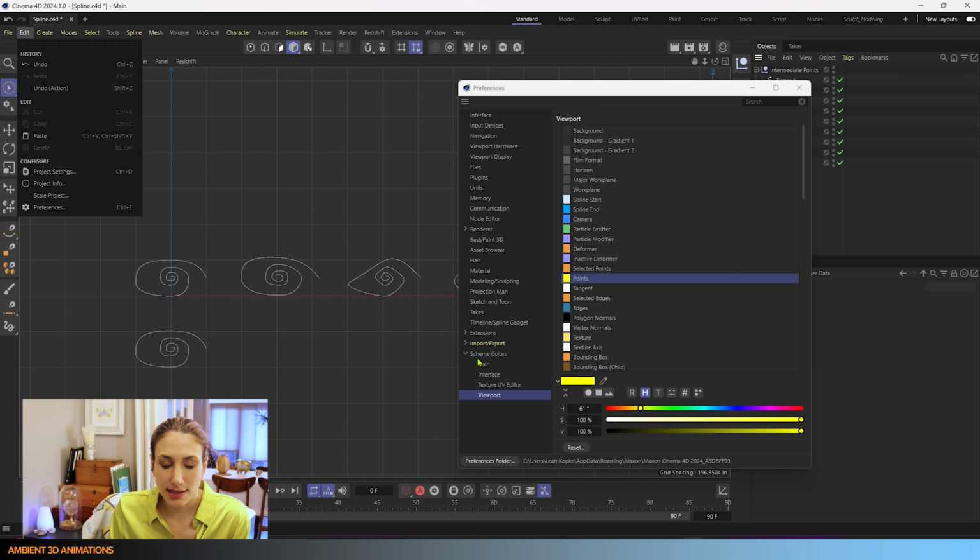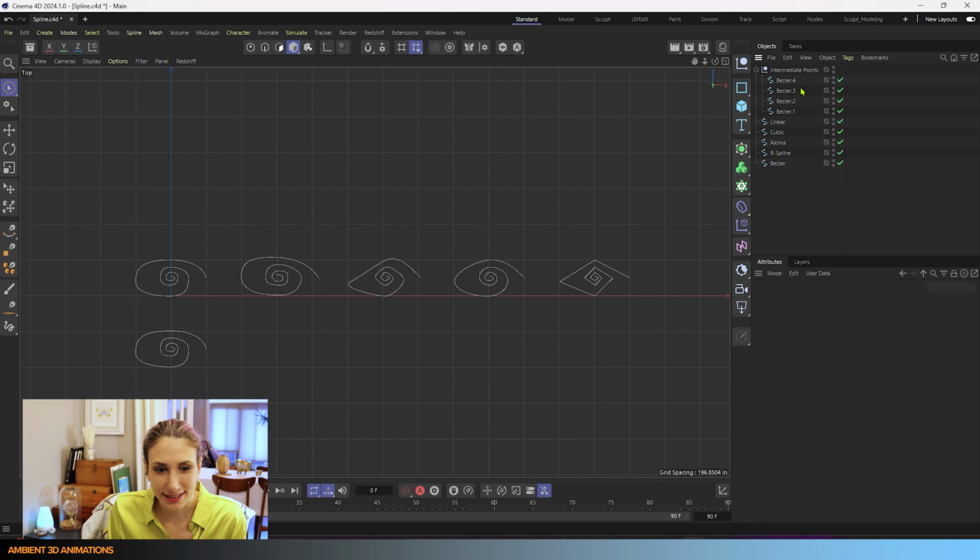Under here where it says scheme colors, viewport, I've changed all my points to be this neon yellow color just so that you can see them a little bit more easily as I'm talking about them. By default, your points are going to be black, and this might be hard for you to see. If you want to have an easier time seeing them, you can change them to be neon yellow like me. It's totally up to you. I'll go ahead and close out of this for right now.